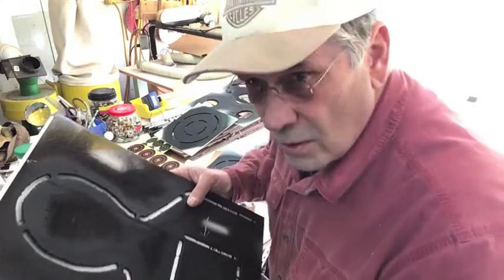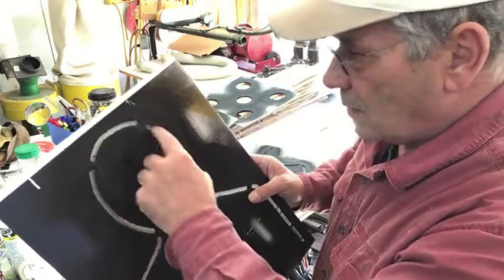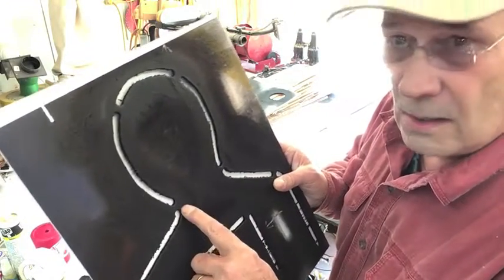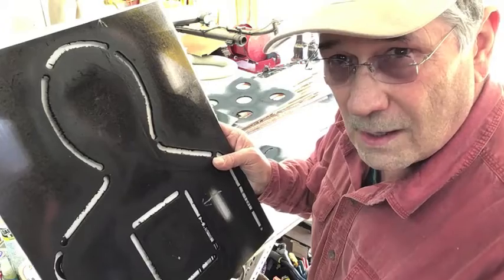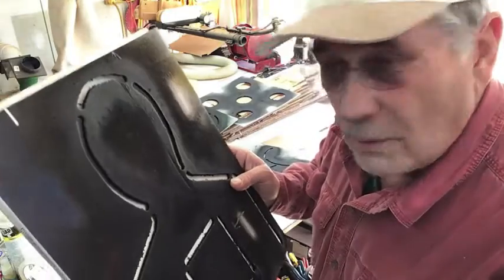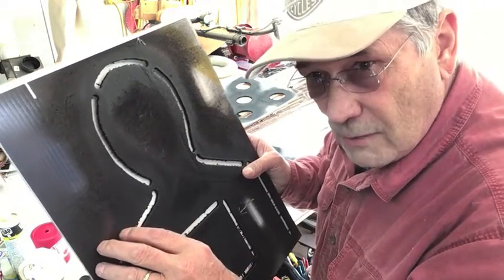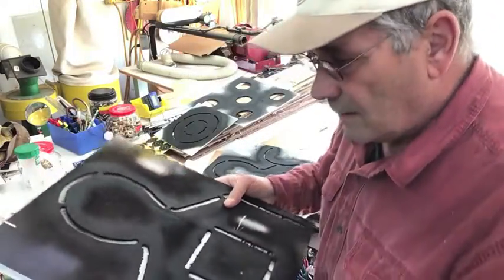I'll lay a blank piece of that corrugated plastic down, and I'll draw the silhouette or whatever kind of target you want to make. But you notice I leave these spots here, here, here, all the way around, down through here where the corners connect, so these pieces don't fall out. So you don't have to have them painted perfect like a real store-bought silhouette, but you just draw them in, get it all nice where you like it, and then take your time, and then gently set your router down on the material. Now I'll put a piece of cardboard behind it, corrugated board, like this,